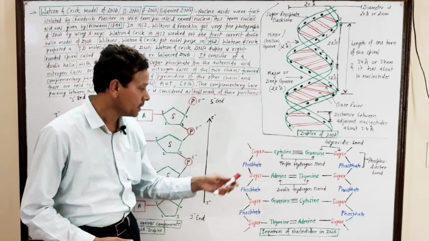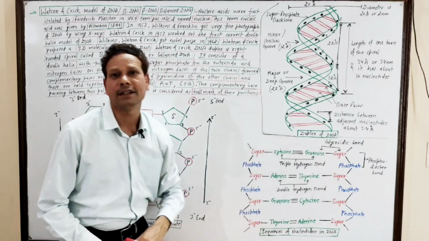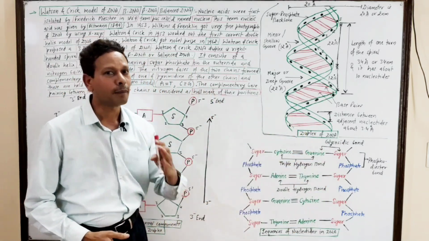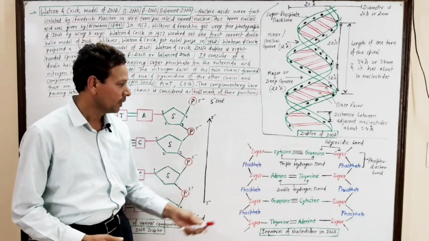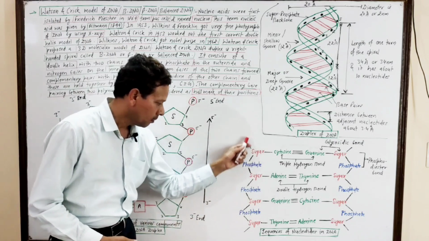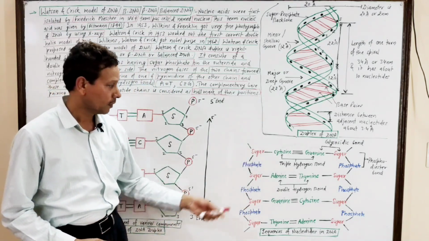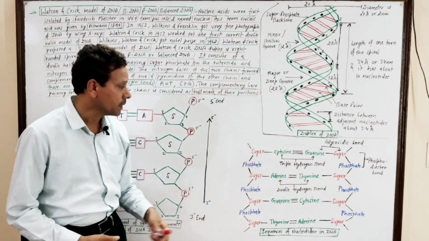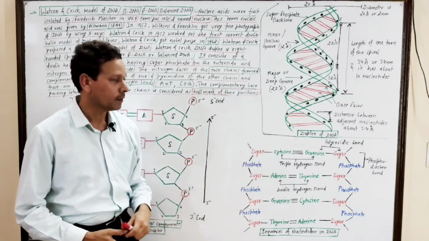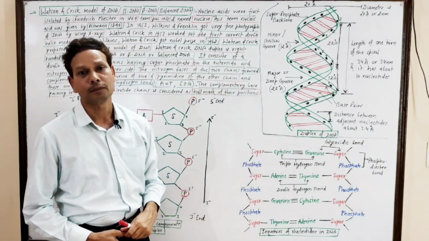In the nucleotides, phosphate and sugar molecules are arranged on the outside, while the nitrogen bases are present inside. These phosphate and sugar molecules produce the backbones of DNA, and they are interlinked by phosphodiester bonds, while